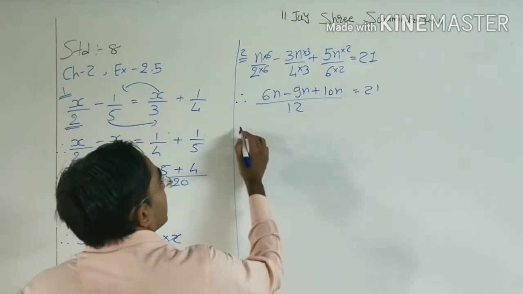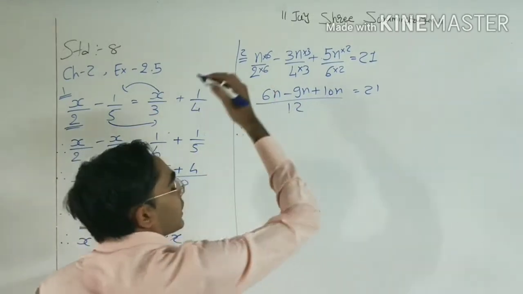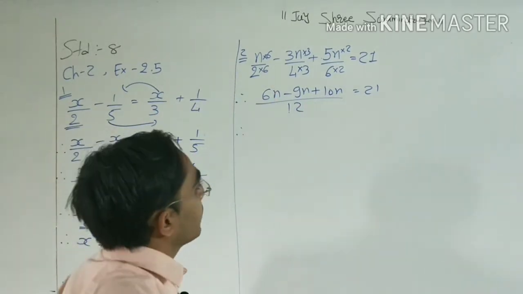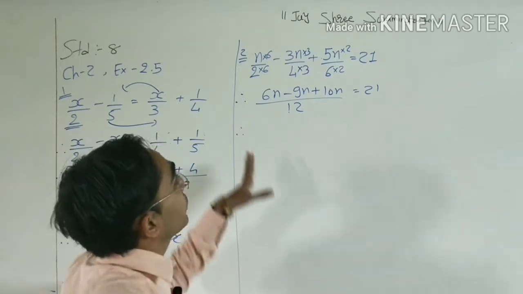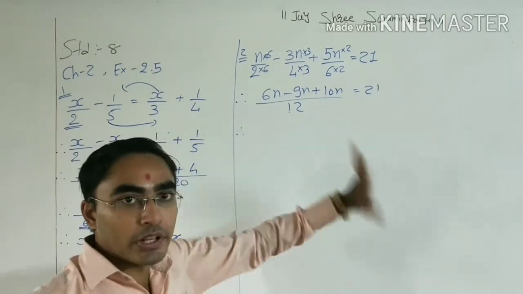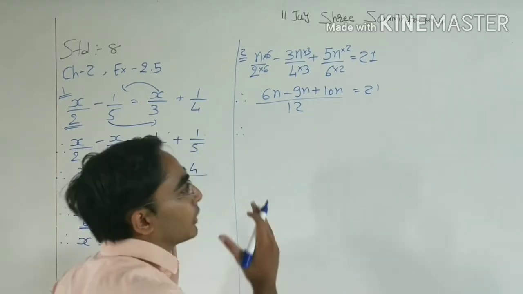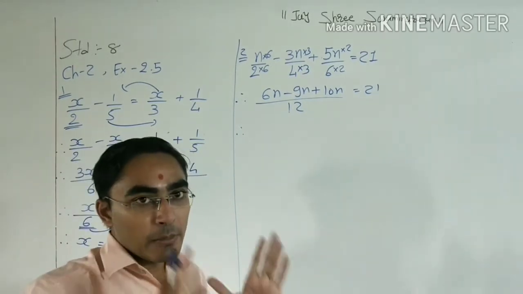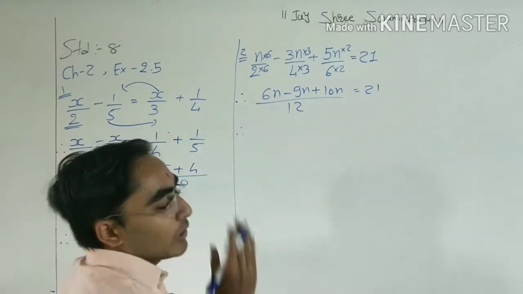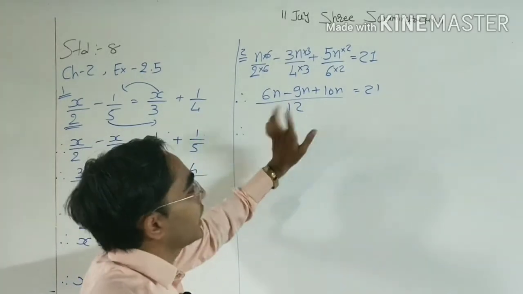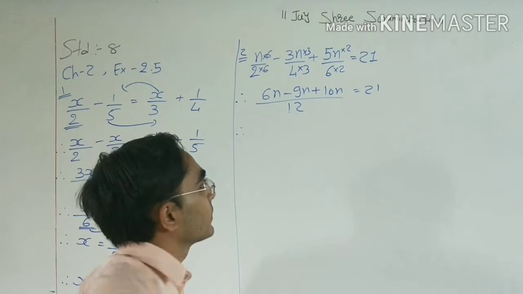Now we can simplify our numerator. Here one more thing you can do. That means directly take the LCM on both sides. If we take the LCM on both sides, then we do not need to write the denominator. But right now I am taking a denominator only on the left hand side. That's why I need to write the denominator.